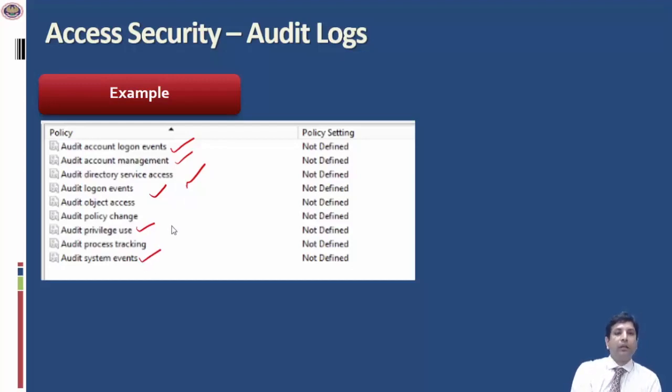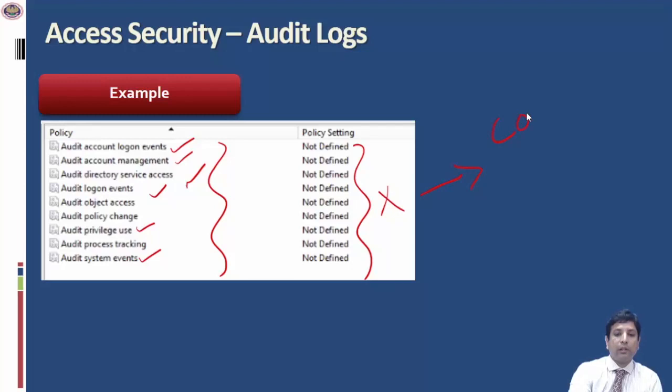You can see there is an option to enable the audit for system events. System events are basically the errors or any failures that happen within a system during the operation. In this example, we can see that even though there are several policies for auditing, none have been enabled in this case. So as auditors, we need to look at the specific settings and compare this with the policy of the company.